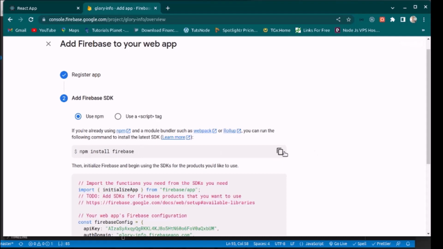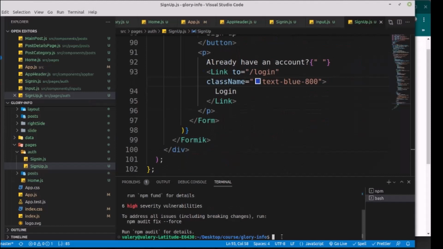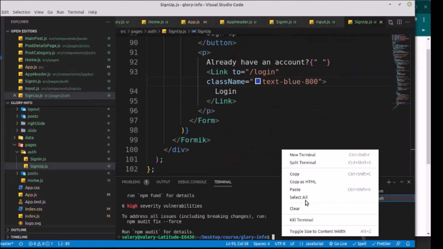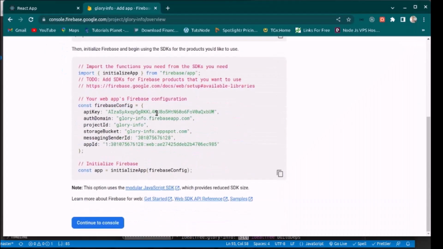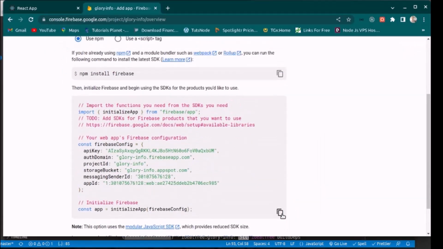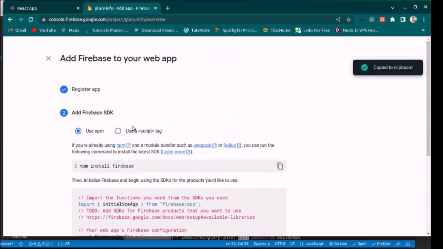Firebase on the application. Let's copy this and go back to the Visual Studio Code and paste this command line here, and we install Firebase. While Firebase is being installed, we go back, we copy this, okay, here, everything, and so we go